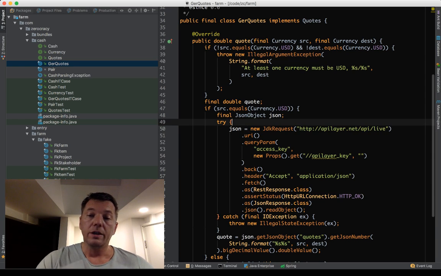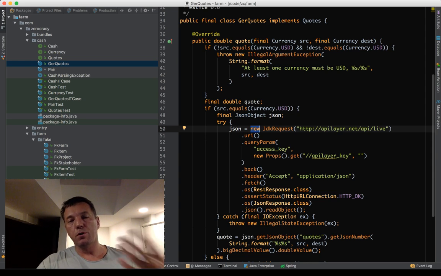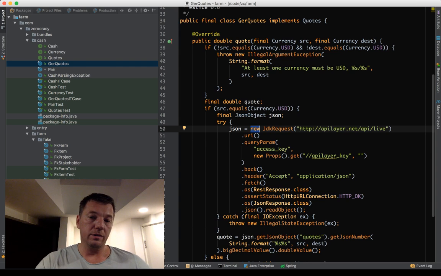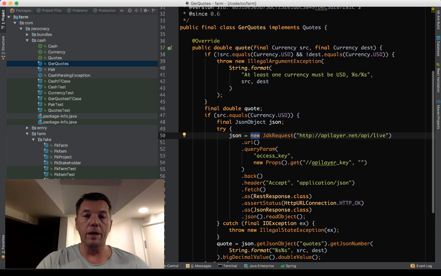And who is guilty? The operator new. That's my point. If you look at the code and see the operator new inside the method, then something is wrong. It's a potential problem for testability. Of course, not every operator new is a potential problem for testability. For example, look, we have an operator new here as well.